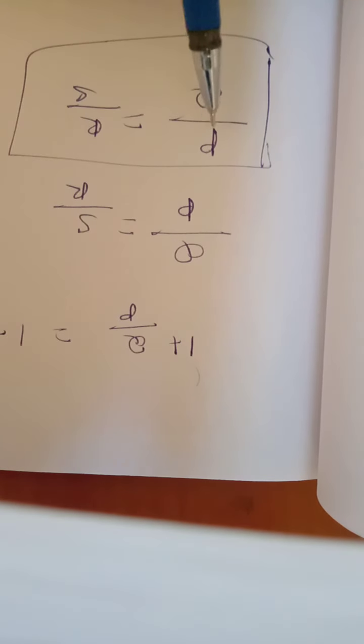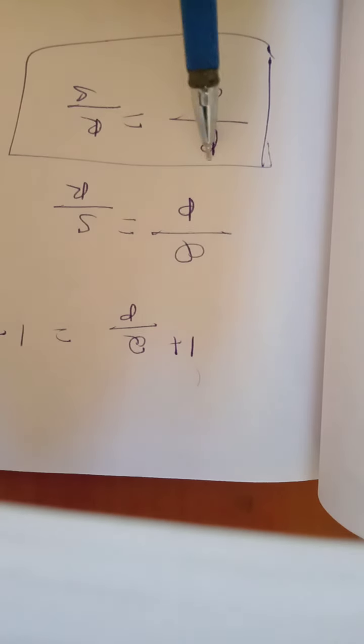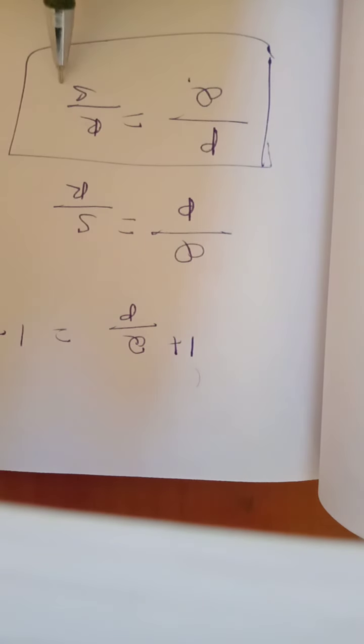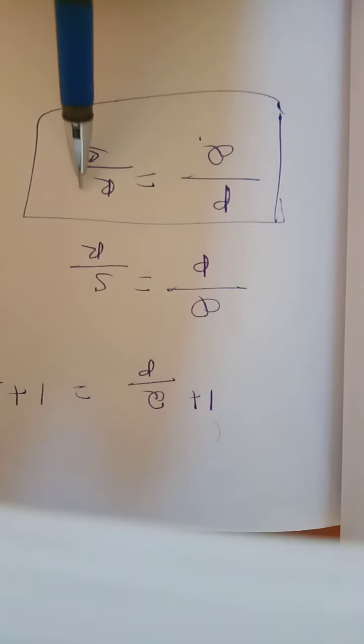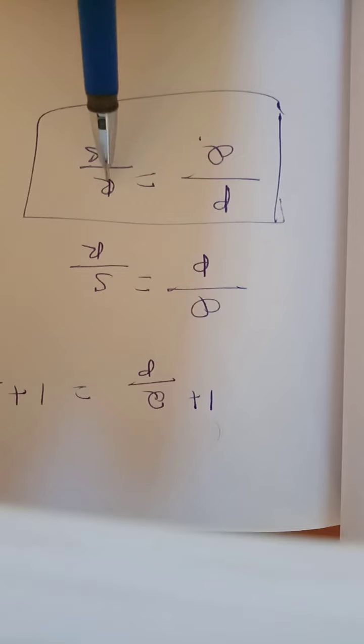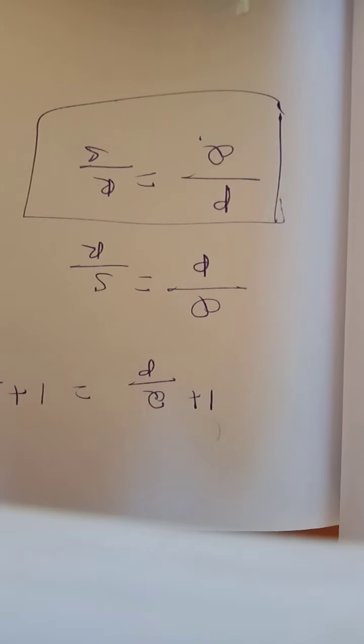Let us consider four resistances P, Q, R, S. This is the condition for the Wheatstone bridge. If Q, R, S are known, the unknown resistance P can be calculated. For example, P is the unknown value, and Q, R, S are known values. To find out P, we use the three resistances R, S, Q. This is called the Wheatstone bridge.